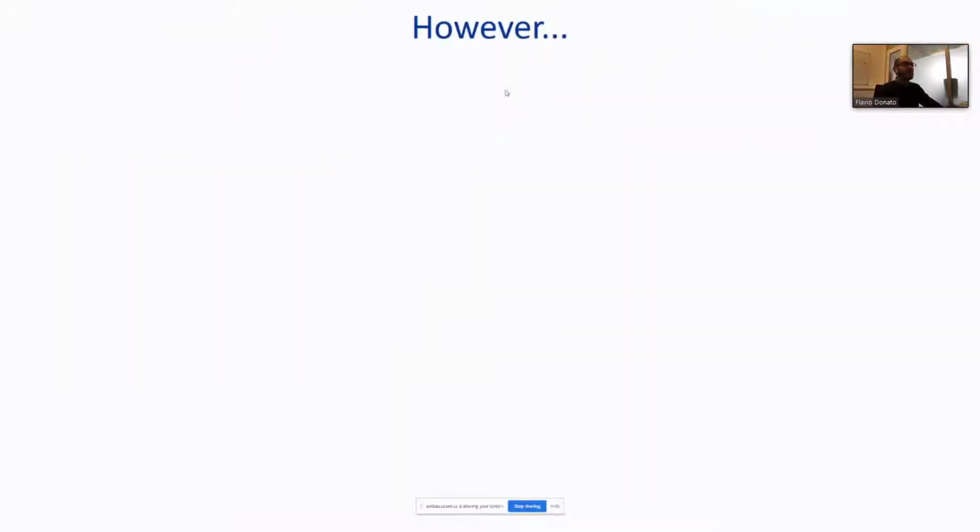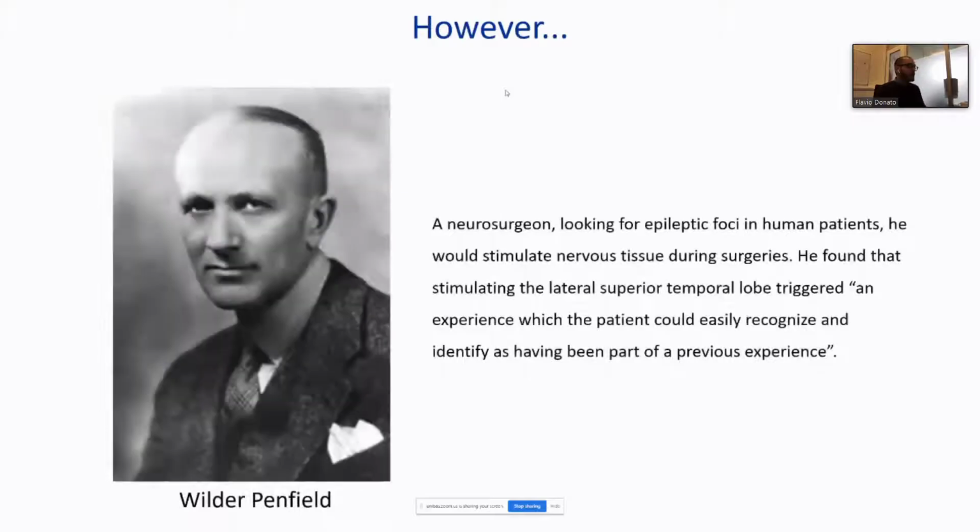However, Lashley arrived at the conclusion that memories are not located in individual areas, but are distributed somehow everywhere in the brain, everywhere in cortex. You cannot really find one specific location, but need to take out multiple of them to find the impairment. However, Wilder Penfield was a neurosurgeon who was looking for epileptic foci in human patients and